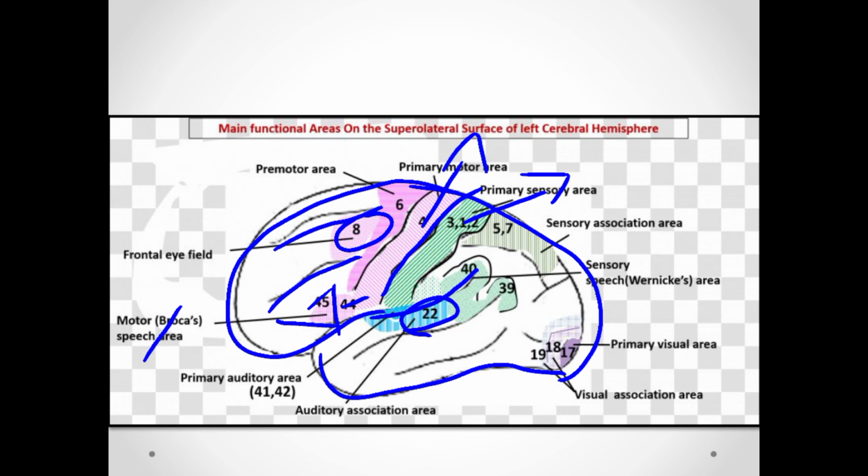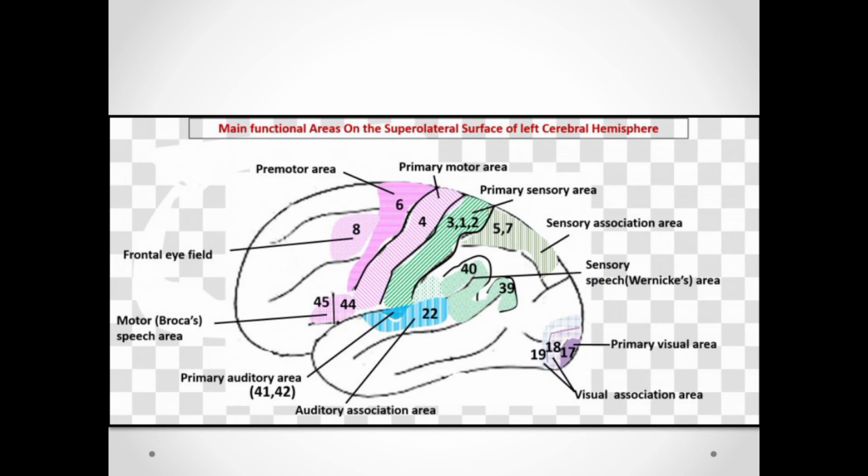Then after that, in this calcarine and lunate, that is called visual area, area number 17, in front of it 18 and then comes 19. Then sensory speech area, this is also 39 and 40, you have to name. So look into the diagram and learn and practice this diagram for the functional areas on the superior lateral surface of the left cerebral hemisphere. You can see the numbers and you can know what the areas are. It is labeled here, so learn about the areas also.